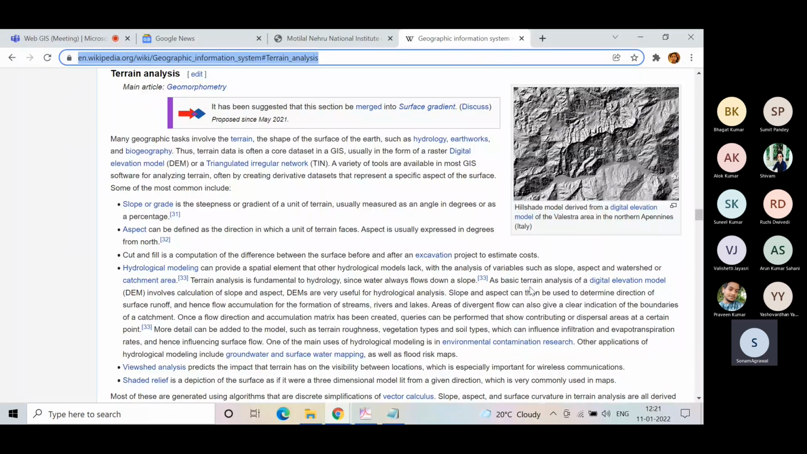Check this URL. The URL gets appended by hash terrain_analysis. This hash symbol is used when there is a need to jump to a different section of the same page. In the upcoming Geo-Informatics Lab 2 session,